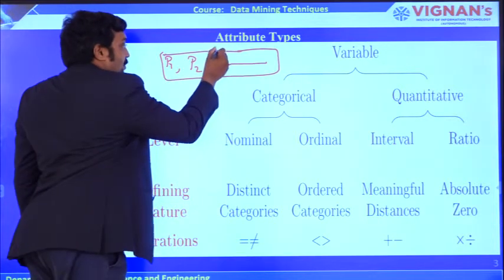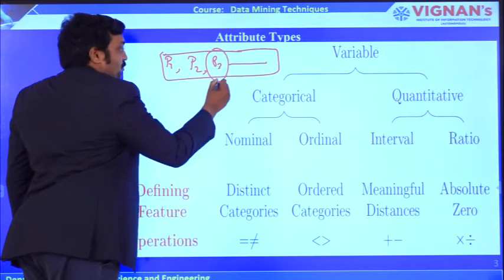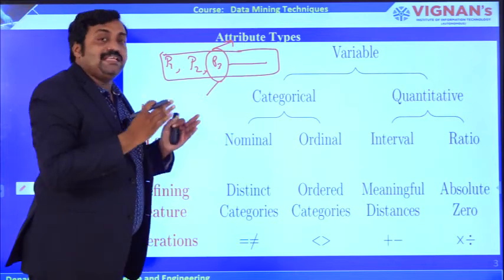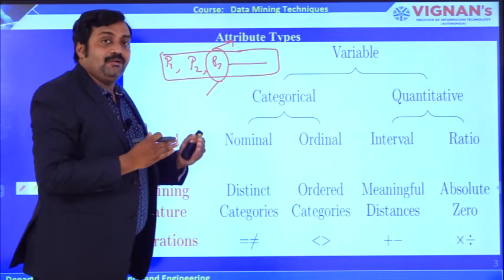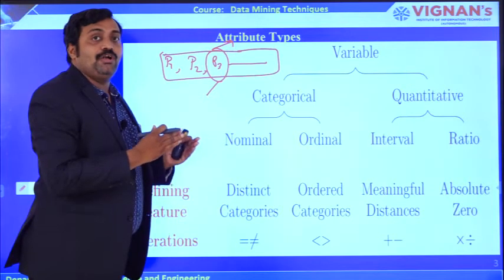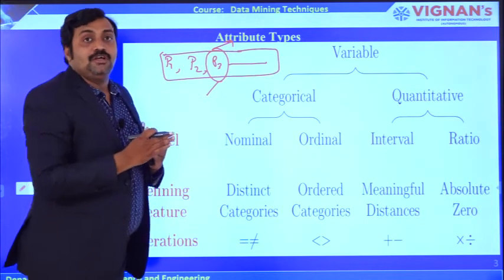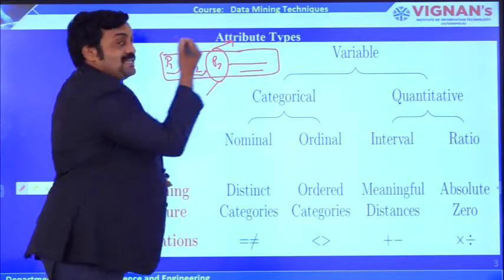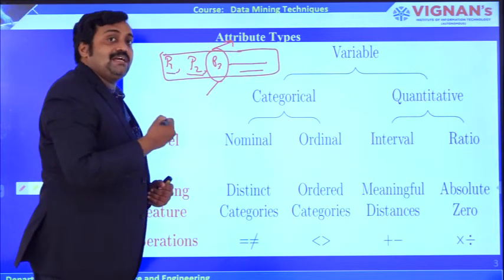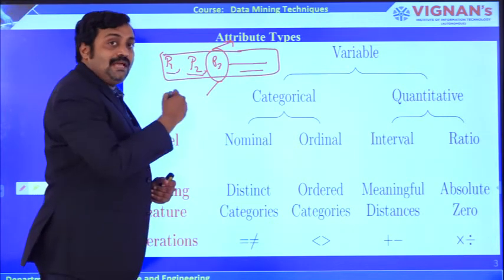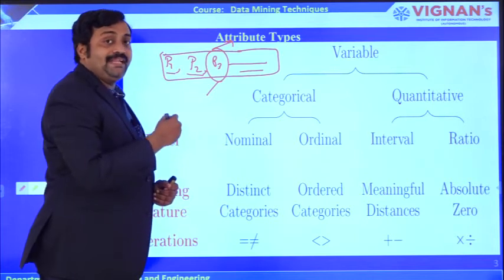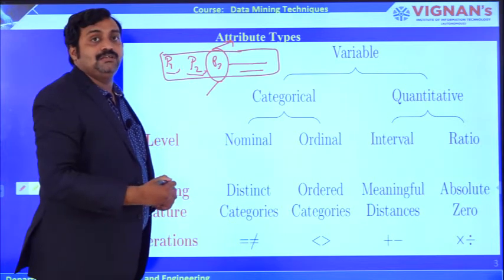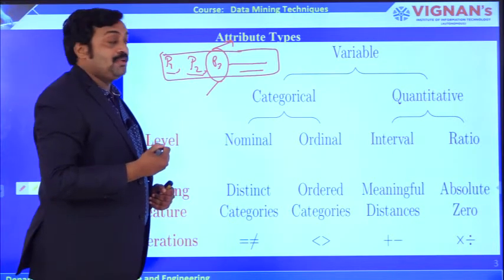Now, it is very important to identify which attribute we need to pick to analyze, to mine the data to get the required knowledge. So, we have to know the behavior of these attributes in a given data set. Based on the characteristics and behavior of the attribute, we can do the mining on a particular attribute to get the required knowledge.